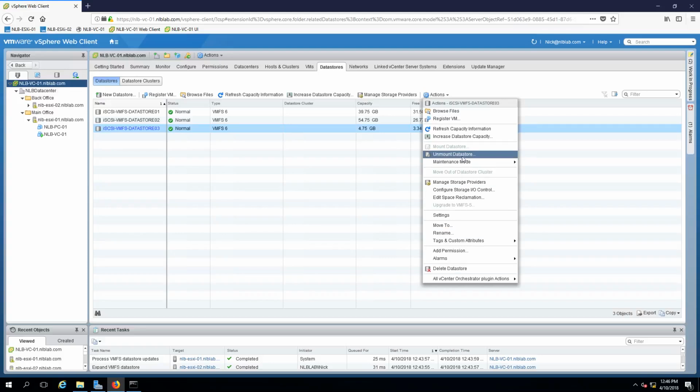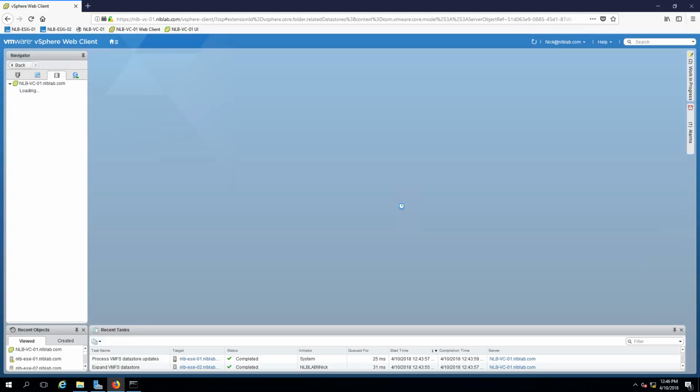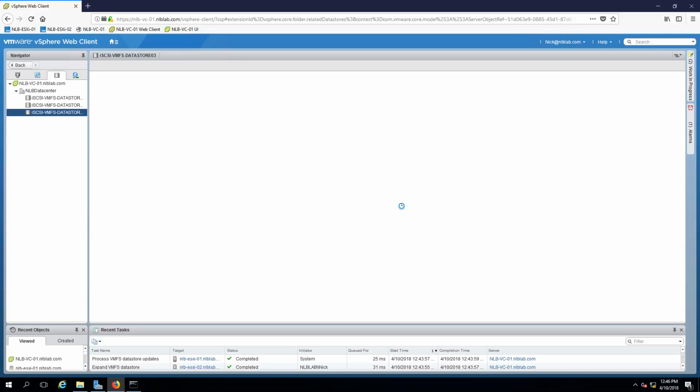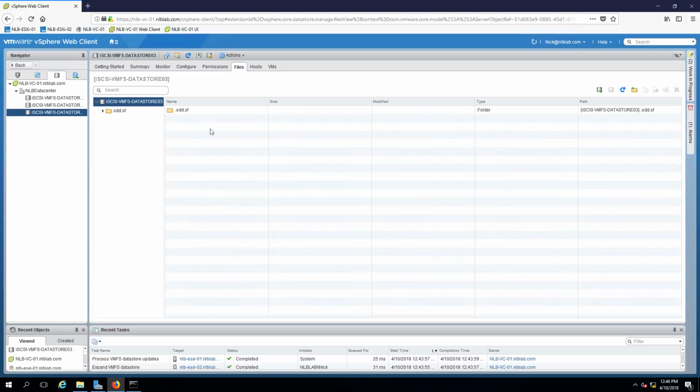are any virtual machines residing or anything that is configured to use this data store, it will be affected, and most probably you will receive an error and you won't be able to delete it or unmount it at all. But first, what you can do is you can always browse the actual data store. That way you will verify that there are no virtual machines currently residing, or there isn't any information